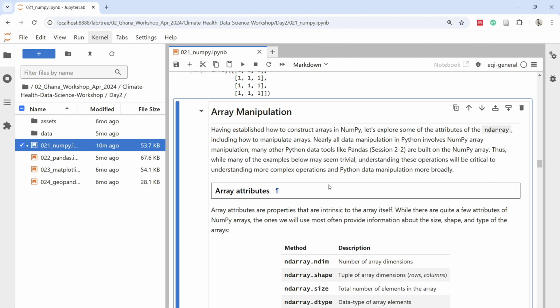Alright, now that we know how to create arrays, let's learn how to manipulate them. This is where things get really interesting. You know, almost all data manipulation in Python involves NumPy arrays in some way. Even other tools like pandas are built on top of NumPy. So while some of these operations might seem very simple, they're actually super important for understanding more complex data manipulation